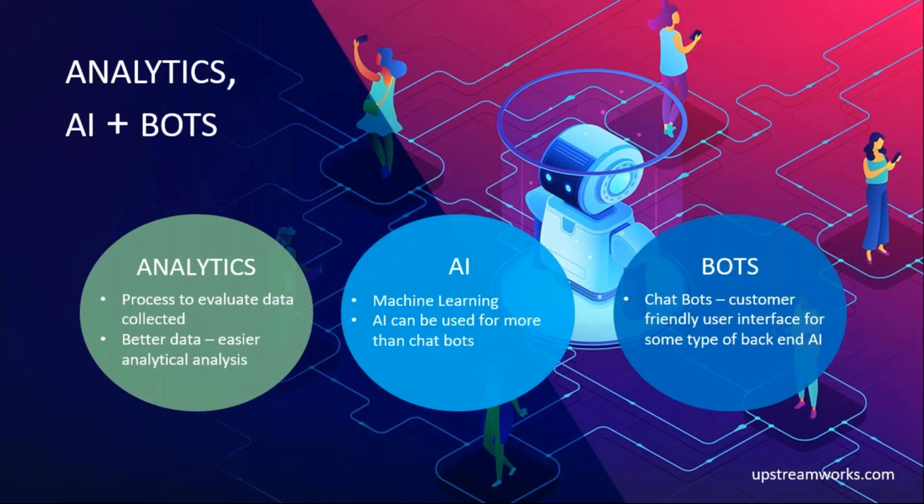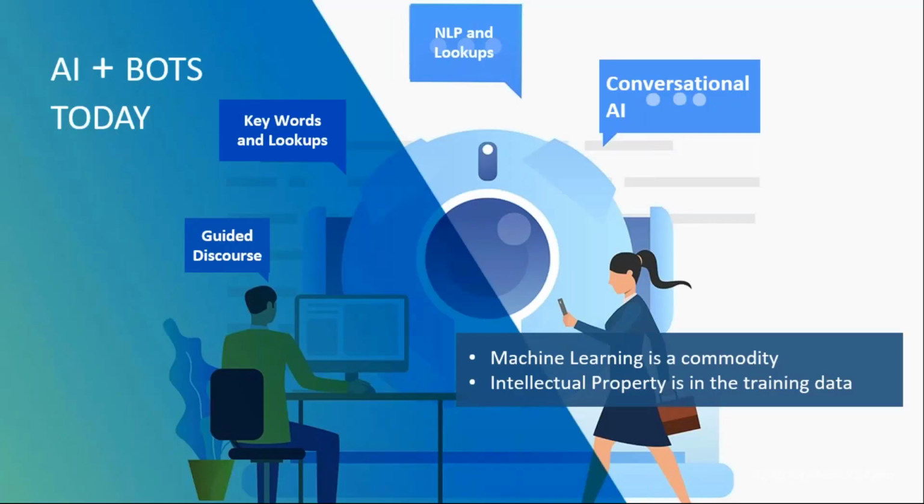And driving all of this is the analytics, the data that you've got to have to support that AI so that the AI can learn what it needs to do and be able to do things properly, and so that you can manage that AI and understand whether or not it's doing the things that it's supposed to be doing. If you look at the world of AI and chatbots today,